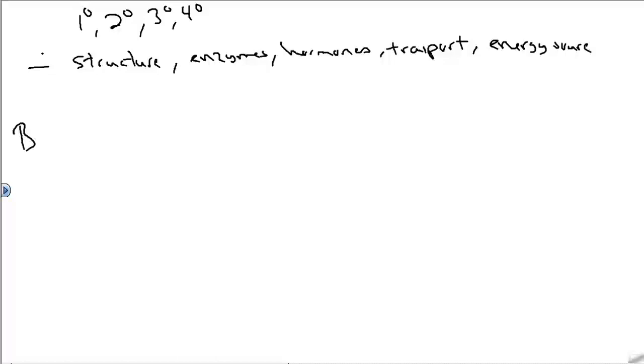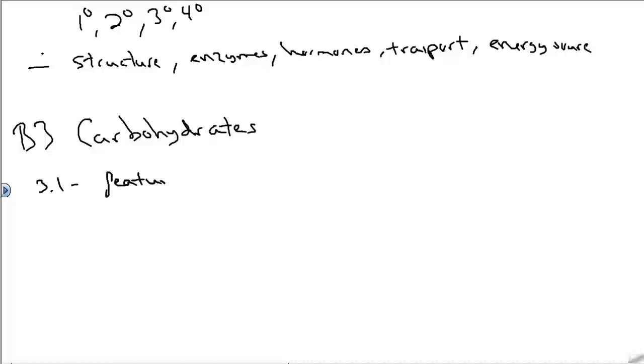Now we'll go to B3, which is carbohydrates. Probably the most difficult section in option B. You are required in B3.1 to know the features of carbohydrates. Those are the chemical features that make them recognizable. They contain at least one carbonyl group, or carbonyl group as I've heard it called, which is fine. At least 2 hydroxyl groups, and they have the empirical formula